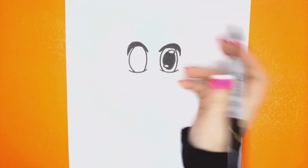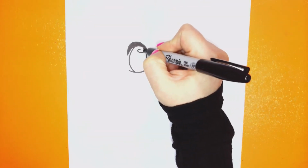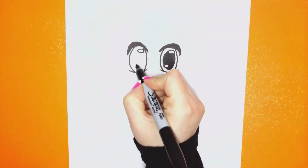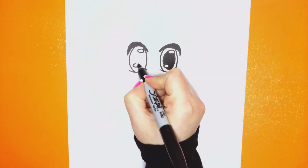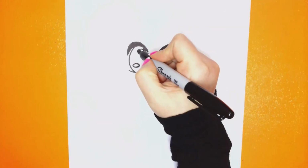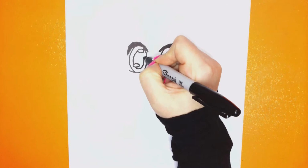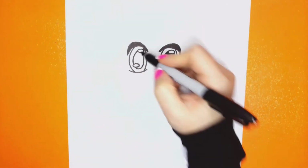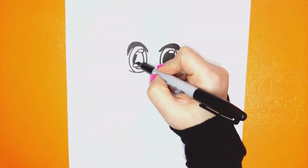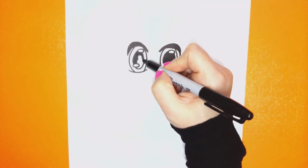Let's do the same thing over here. So we're going to do a sparkle on the top corner. And another sparkle right here on the bottom left. All right. And then the same concept. We're going to go all the way around. Nice big oval. All the way up. And color it in. Now, if you want to experiment with these eyes and do different shapes for the pupil,